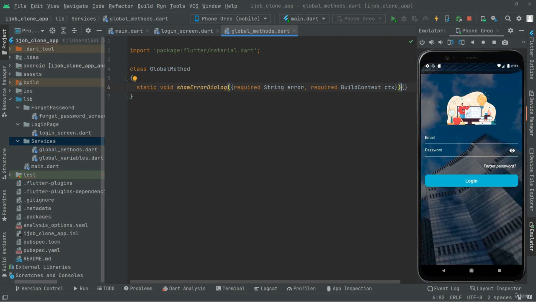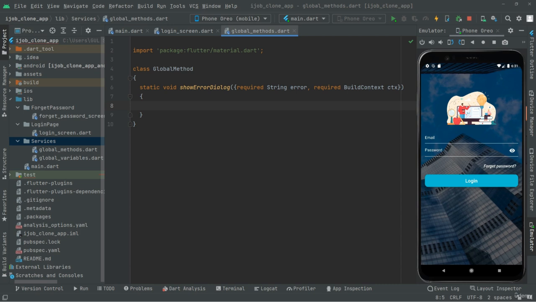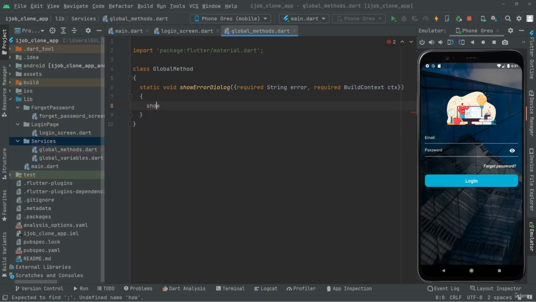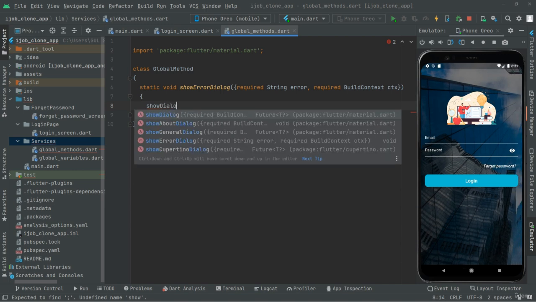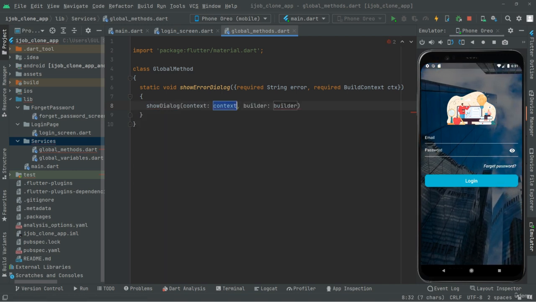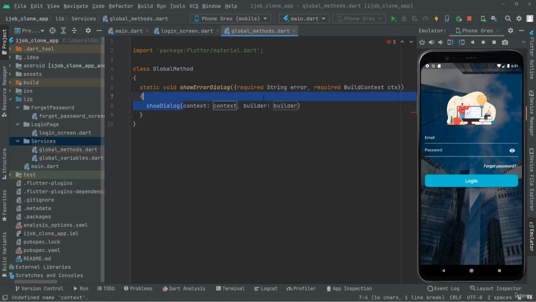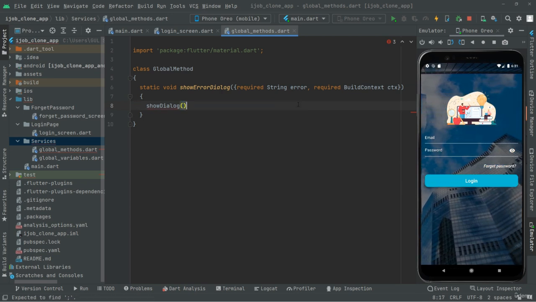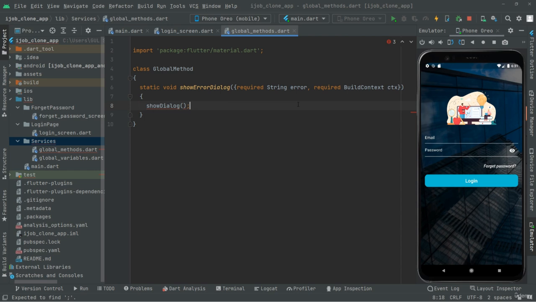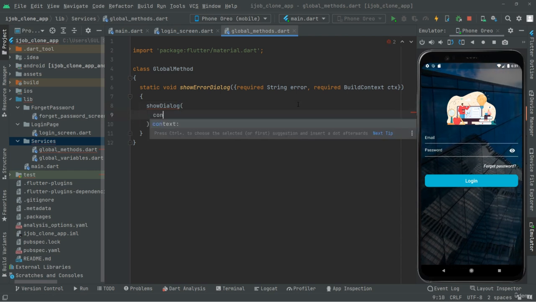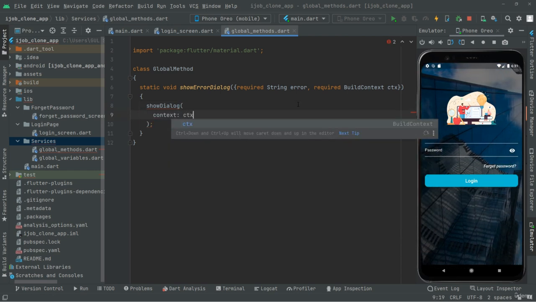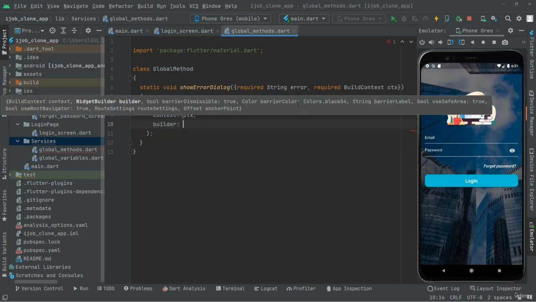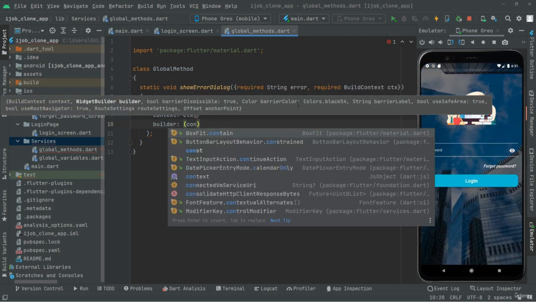Take this down. Now right in there we will say showDialog. There we go. It's gonna take some properties, as you guys can see. We will remove that for now. We'll edit one by one. In here semicolon, take this down. The first one is context to context ctx, and then it's going to take the builder right in there, context,